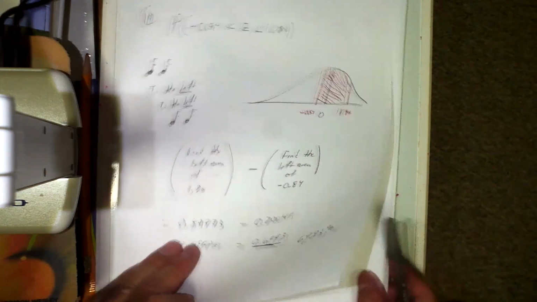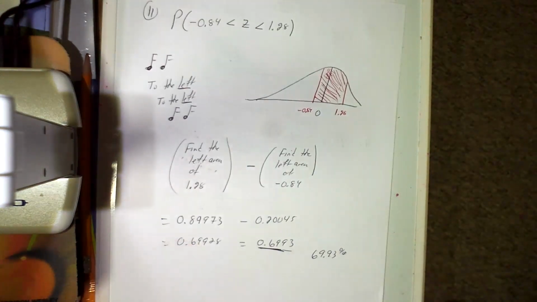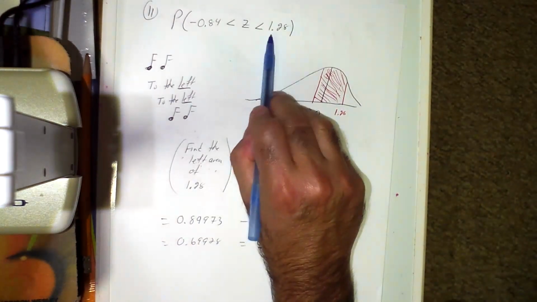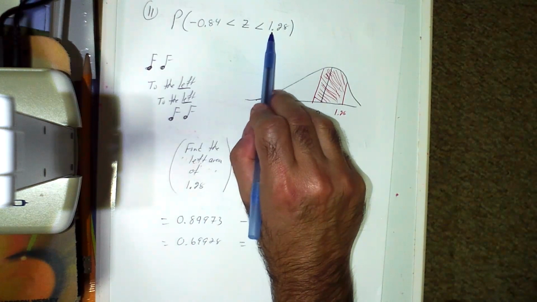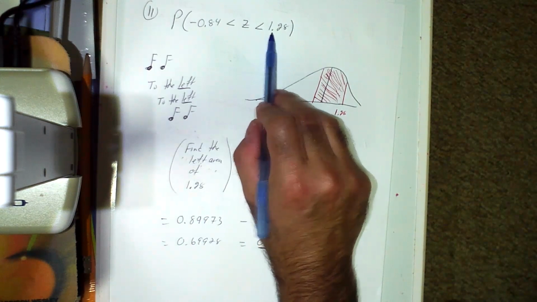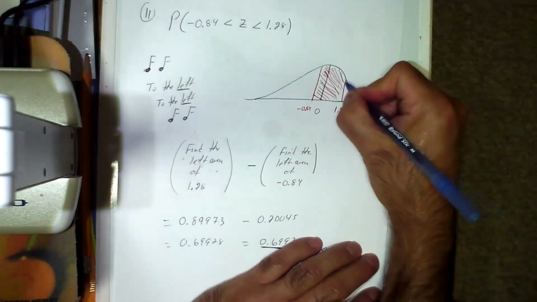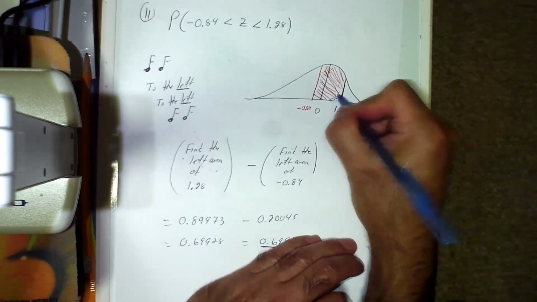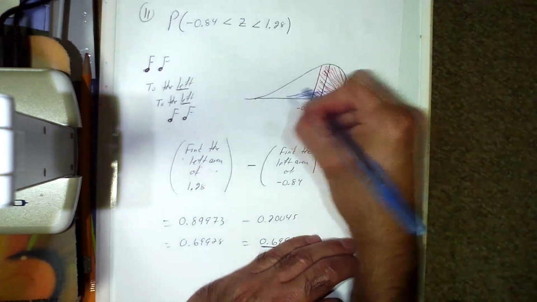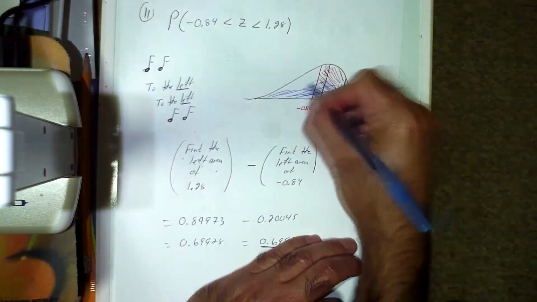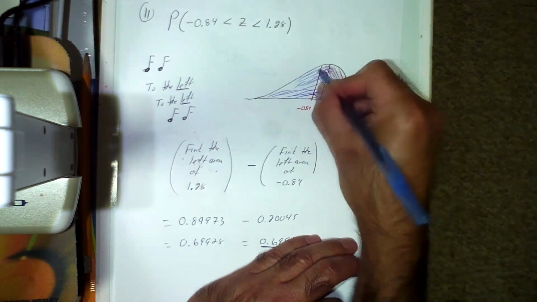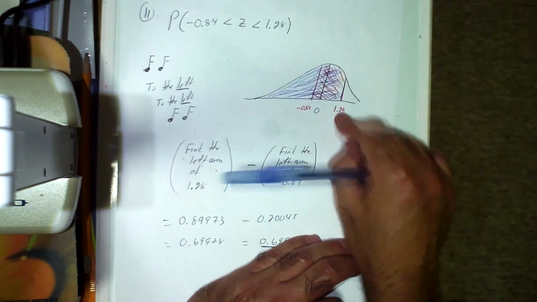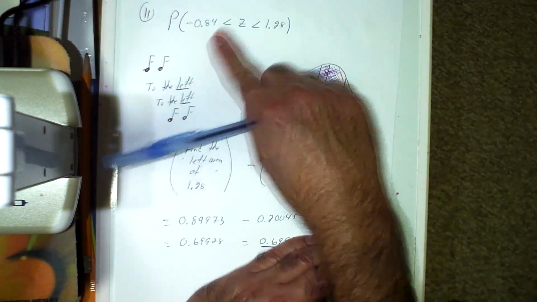The reason is that when you look up the 1.28 and you're getting the left area, you're getting this line and shading all of it from that point all the way down to the very end of the graph. Okay, that's the 1.28. The negative 0.84,